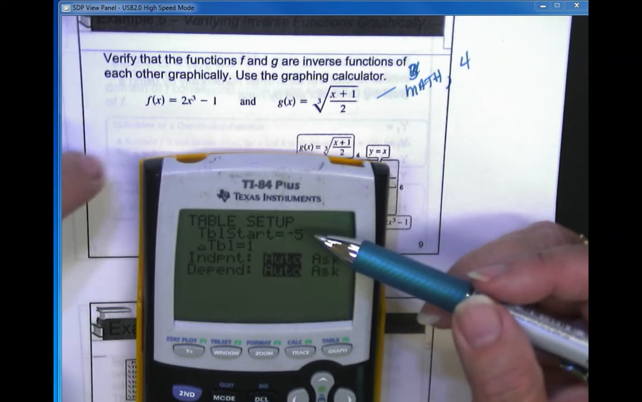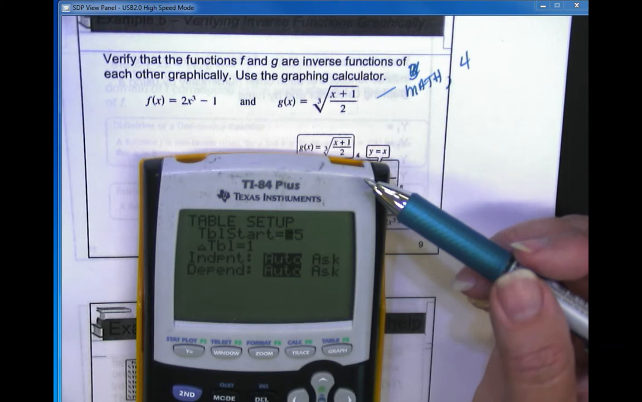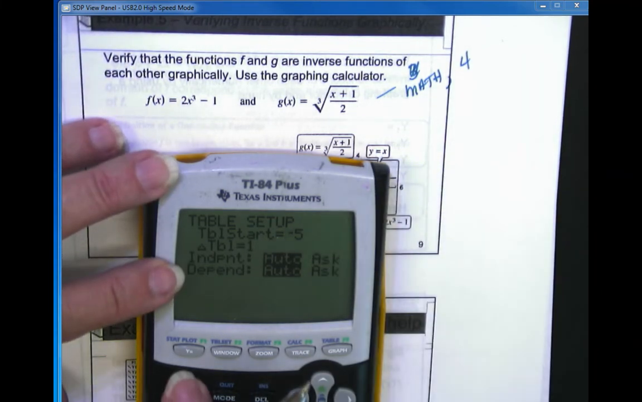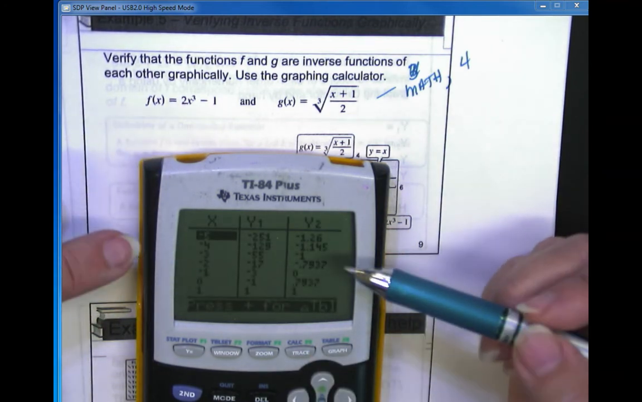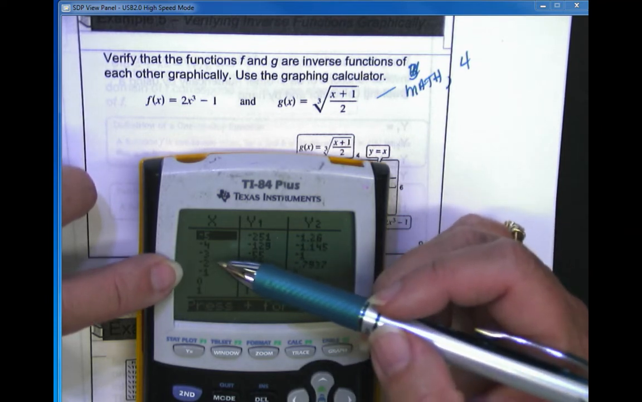So that way my table will be -5, -4, -3, -2, so forth and so on. Does that make sense? And so then I'm going to go to the table. And that's where I'm going to try to show you real quickly. It's hard to see, but on yours, hopefully you'll see it. I took the point and I got, hey, -1,